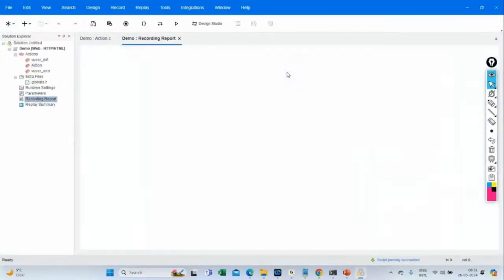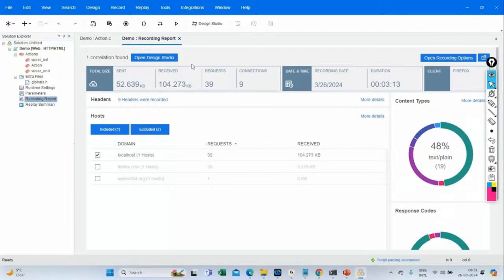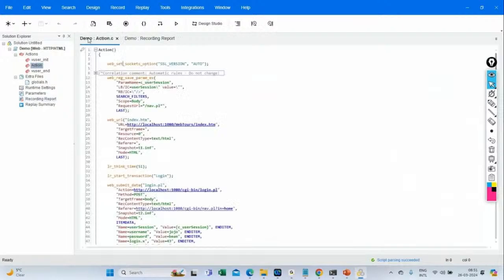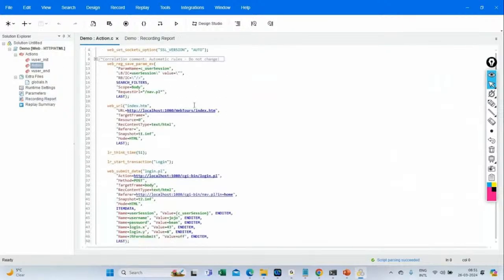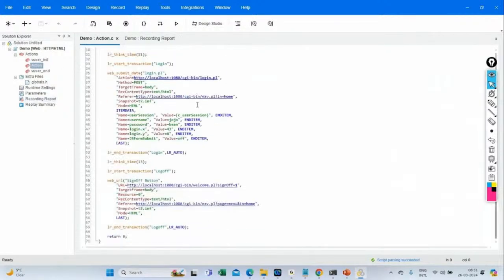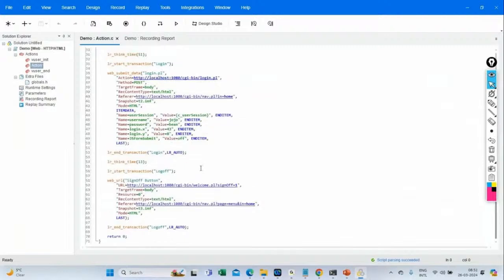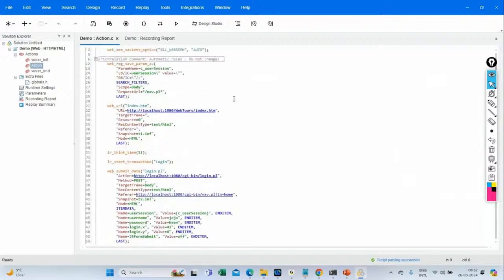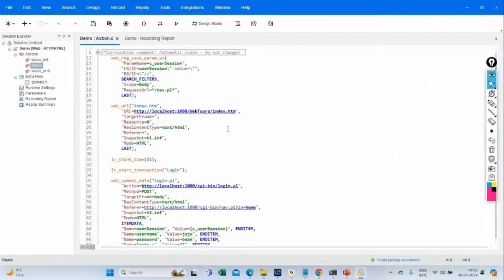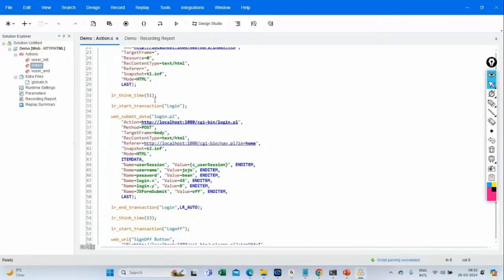Okay, this is a recording report. And then if you go to the action tab, you'll see the script that got generated here. See, approximately some 60-70 lines of code have been generated. Now, if you want to easily understand this particular code, if you see line number 33, it says